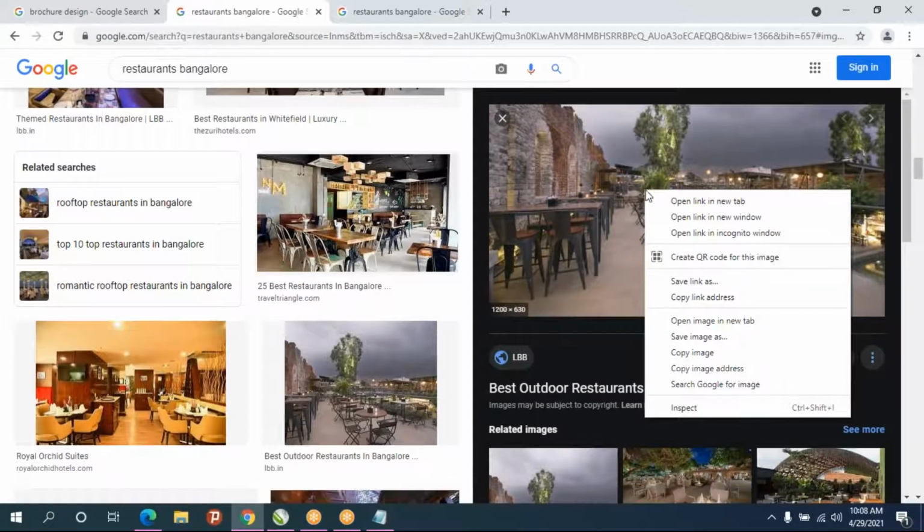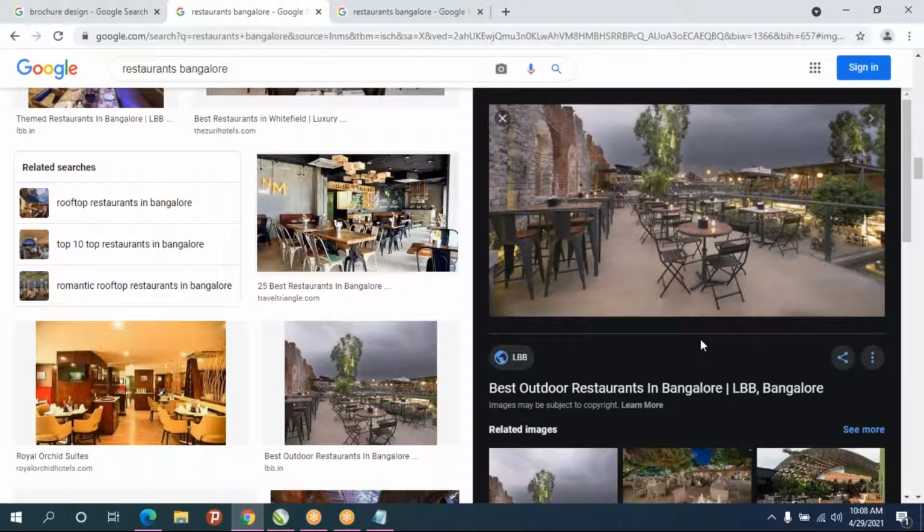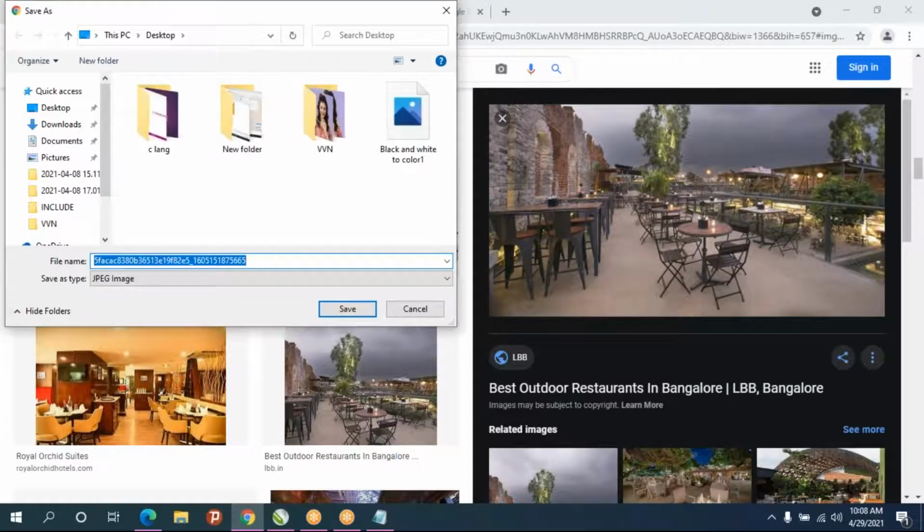Let me take this photo. First you have to save the image. I'll save it on desktop and give some name.